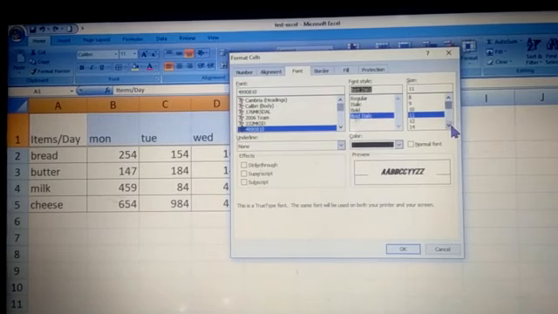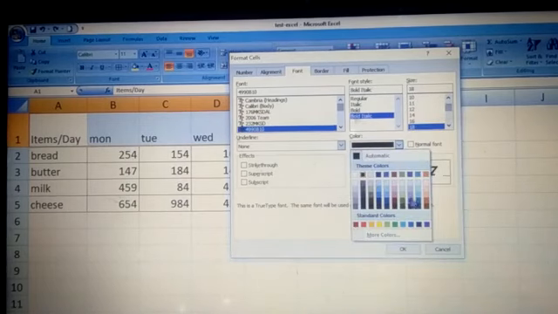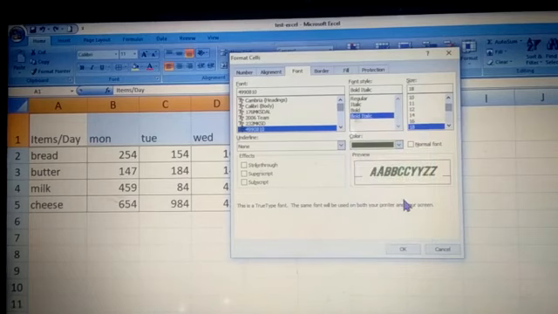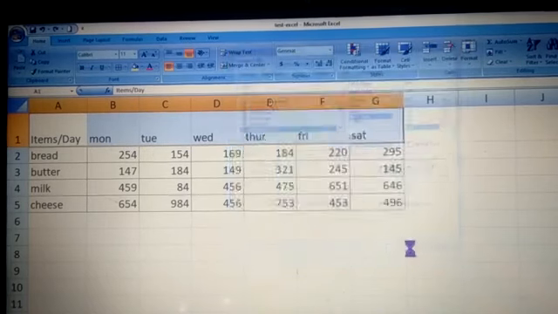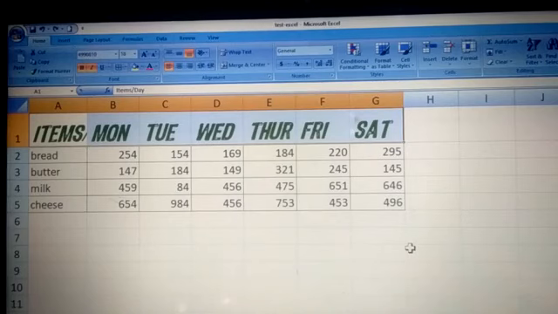You can change the size of your text. I go for 18. Now do you want the color to be changed? I want this color, fine. Now there is underline. If you want anything like single, double, you can choose any of these. I don't want anything, I just say okay. See, the changes which we have selected will be done on these cells that I have selected, fine. You can see, right? So this is how you can format.